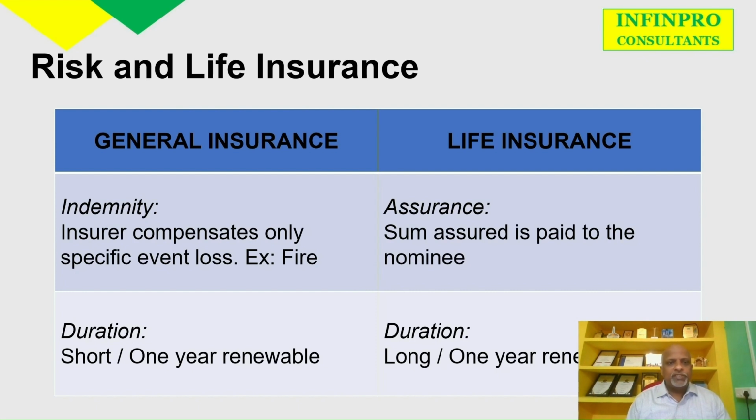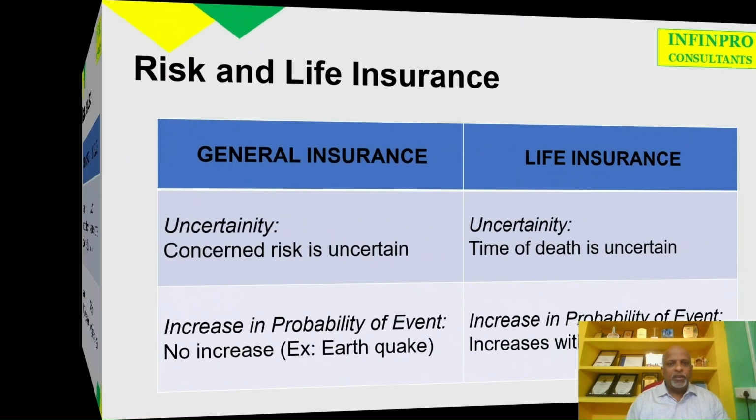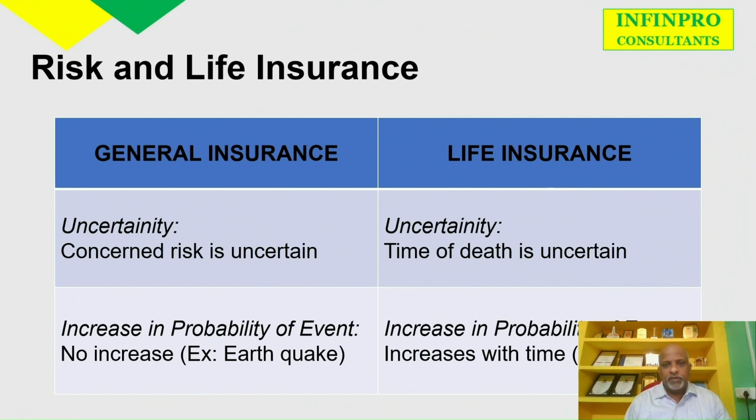So what is the duration? In general insurance it is usually a short duration product. It is 1 year renewable, or a short period is given. Whereas in life insurance definitely it is a long duration product, and every year a renewal premium has to be paid. Moving forward, continuing with understanding the difference between general insurance and life insurance,